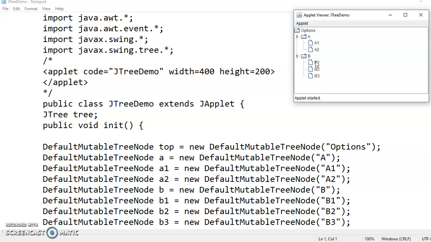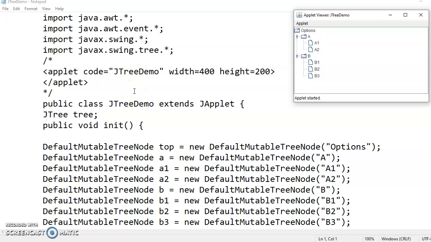So quickly we'll see what packages will be required and what is the minimum code which will be needed to get this output. Now at the top you can see there are 4 packages I have included, out of which AWT, Swing. Especially since we are doing a J-tree program, I have just for information purpose included the swing.tree package also. Rather, it is by default included under this javax.swing.star, and there is an event package under AWT.